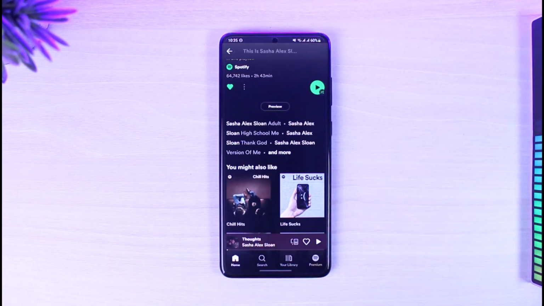And this feature, in other words, is actually called shuffle. So this is shuffling right now. So how do you turn off shuffle? The first thing you have to understand is that turning off the shuffle feature is only available for premium users. So if you are a free user like me, what you might want to consider is simply going to